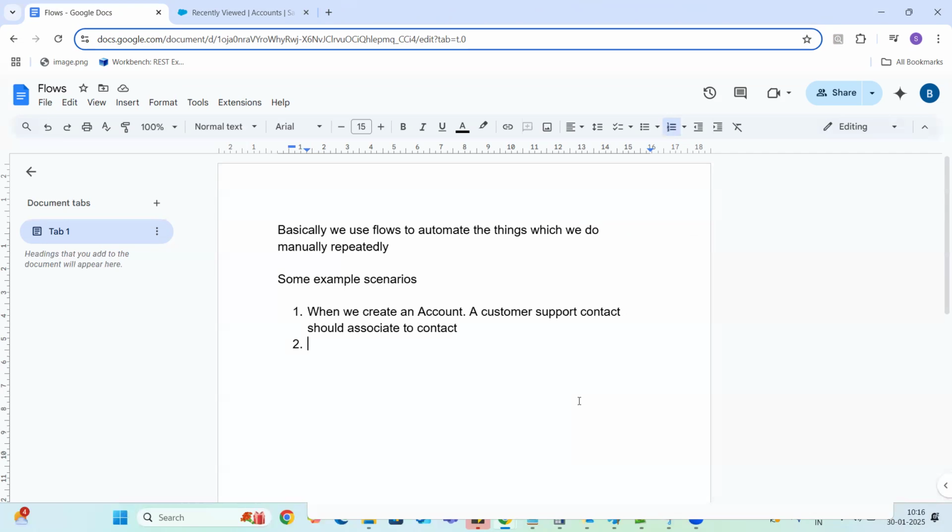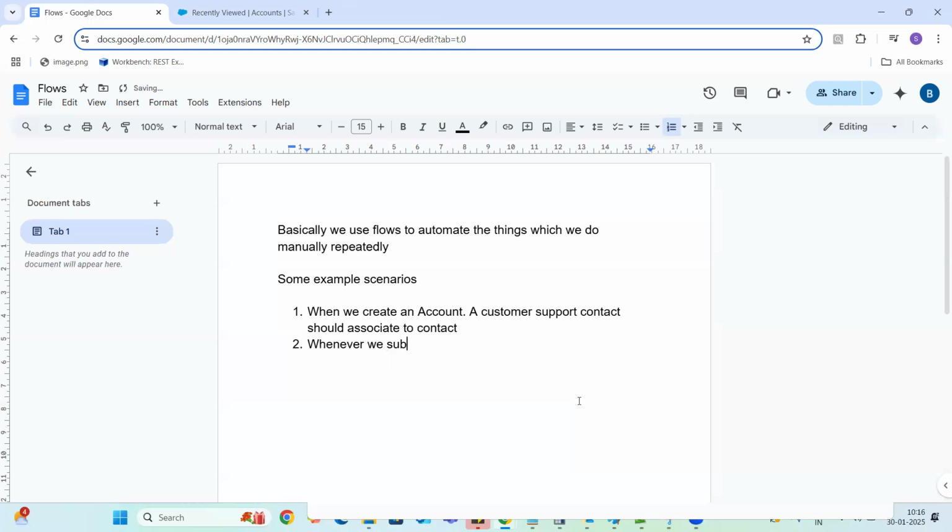Another automation scenario is whenever we submit an opportunity for approval.